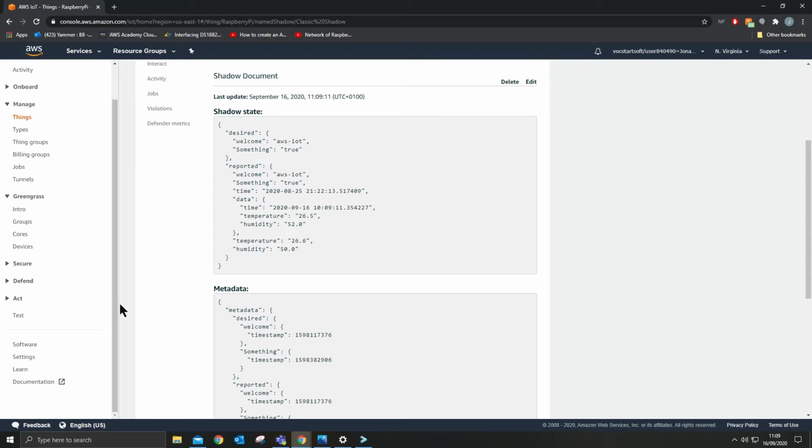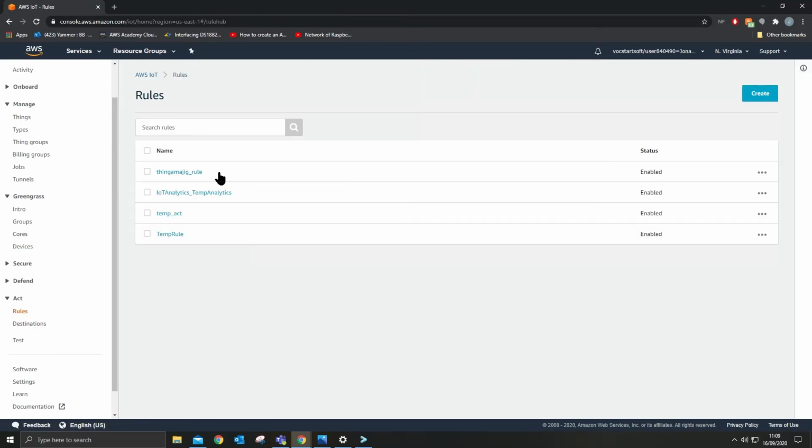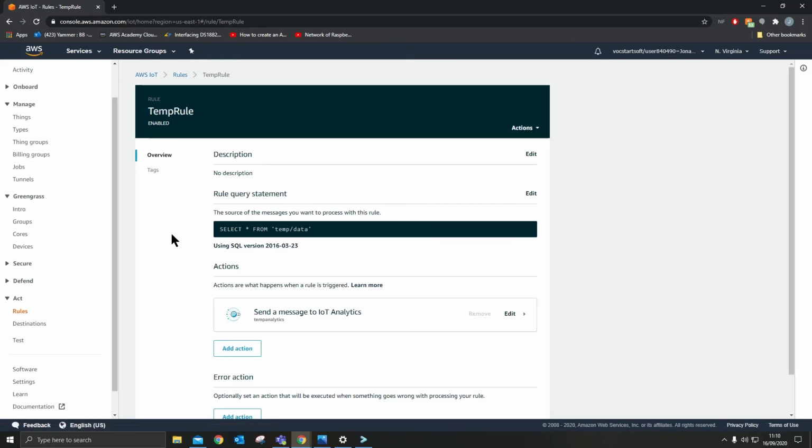And if you wanted to transfer this data over to IoT Analytics to then be using QuickSight, you need to have a rule in here. I'm not sure if you've made this already or not. So on the rules page, you need to either click create to create your rule or to edit your existing rule. So I think mine was this one. No, it's this one. And then you need to change this to say